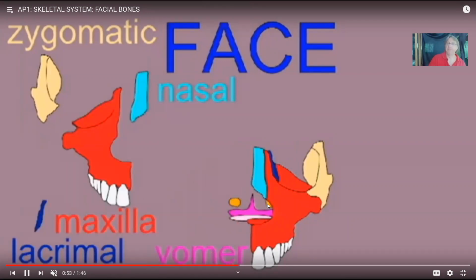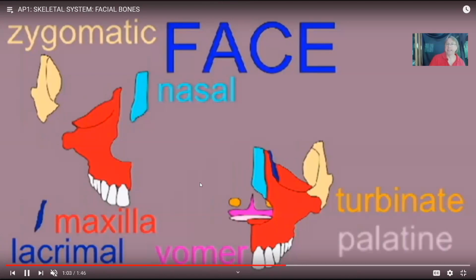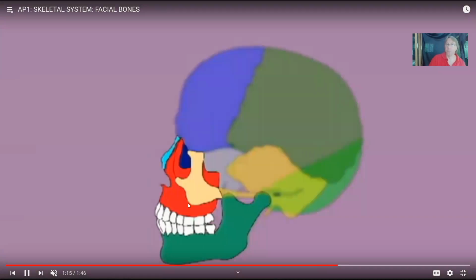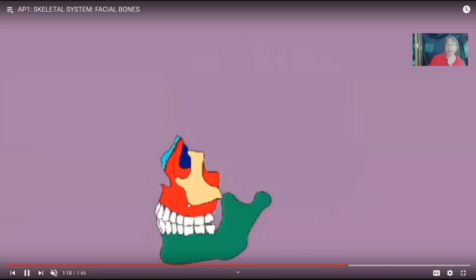They contain the teeth of the upper jaw, also compose part of the orbit and nasal cavity. The vomer, which composes the nasal septum. The inferior nasal turbinates, which form the third pair of conchae. There is the palatine bone, which along with the maxilla helps to form a part of the secondary palate. And then as you can see here, the lateral view,